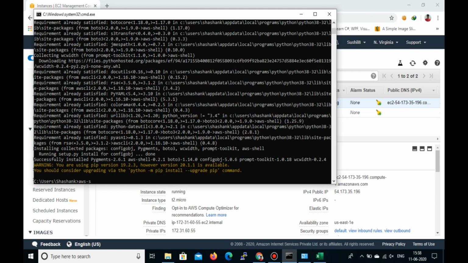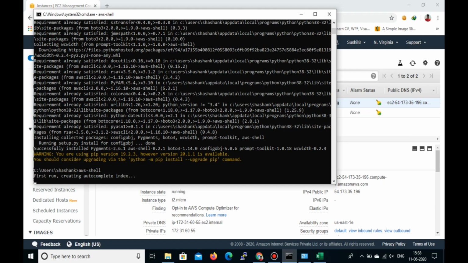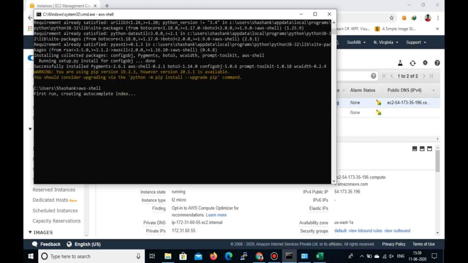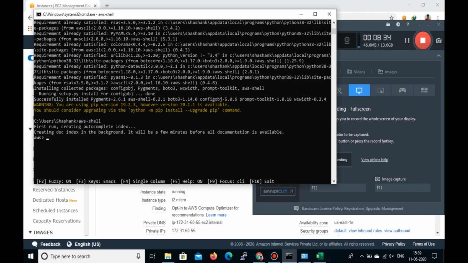Now you can see. The first time it runs, it creates some autocomplete indexing. So you can see it has run now.